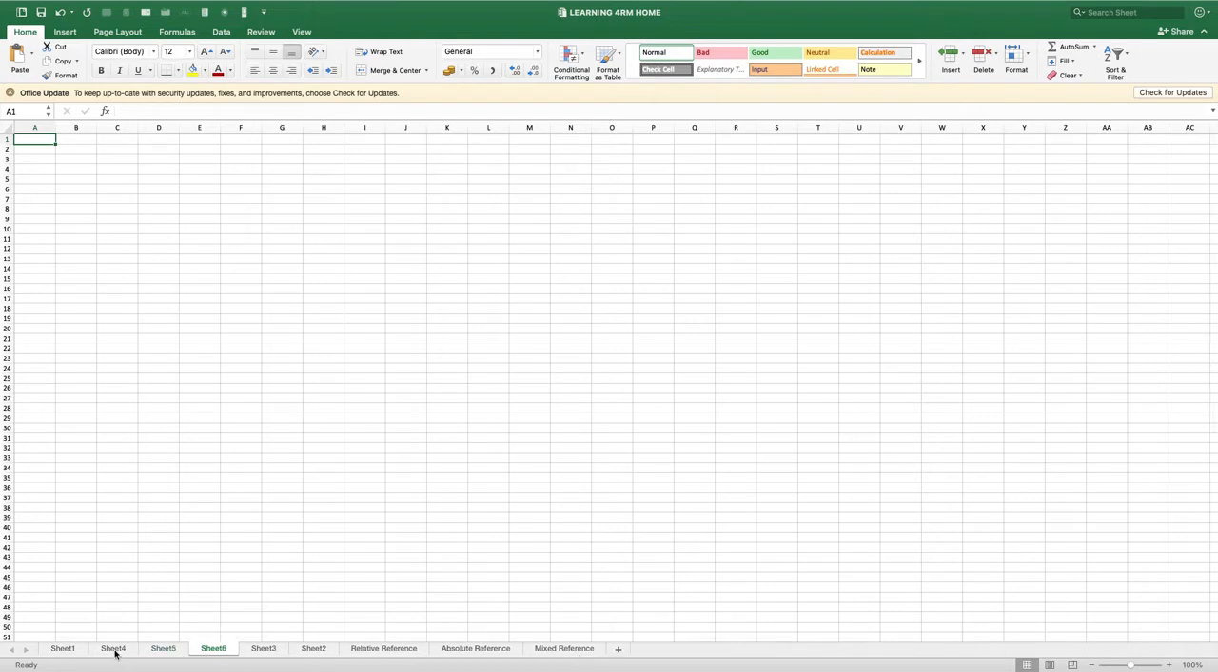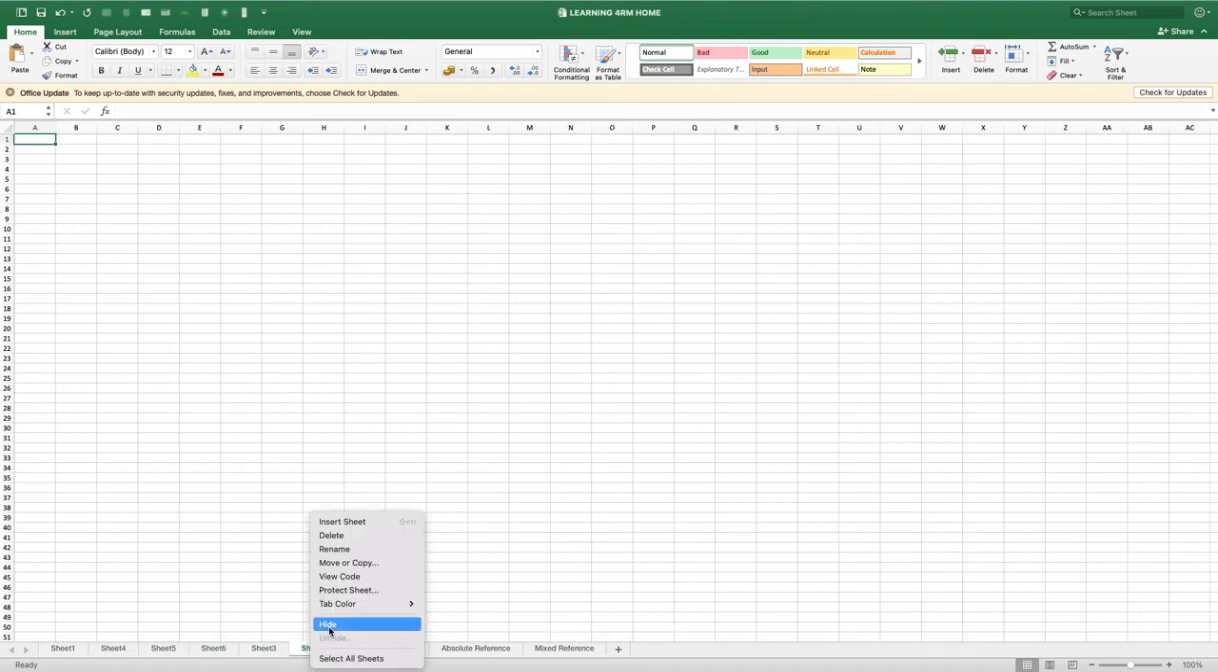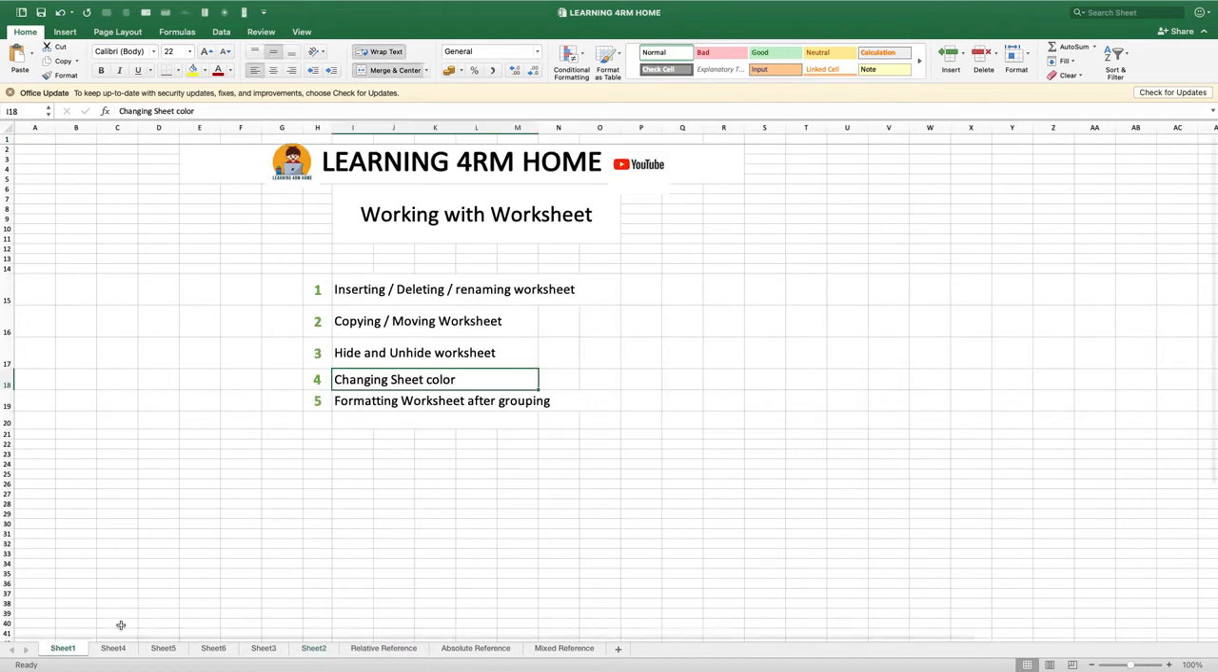Okay, so currently we have sheet 4, sheet 5, sheet 6, and sheet 3, sheet 2. So we have this sheet over here. Now, how can you insert or delete? So first, let's talk about how to insert worksheet. So that is the first thing. It's either you click on the plus sign over here to create a new sheet, or